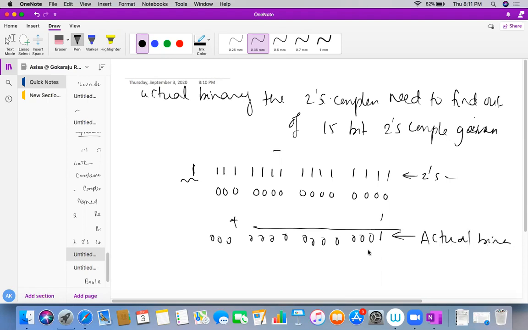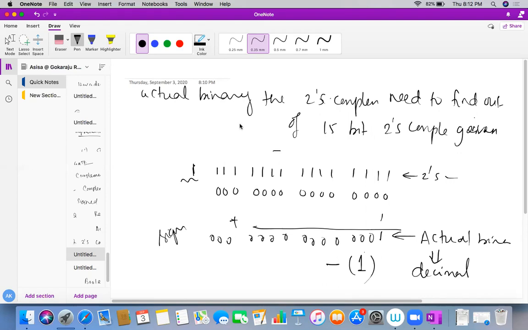So now you need to convert into the decimal form. If I want to convert into decimal, how much is it? It's actually 1. But if somebody asks you for the signed decimal form, then this is -1. But in the question it's asked for magnitude, so no need to keep the sign over there. And also in the options there is no sign, so no need to worry about it.